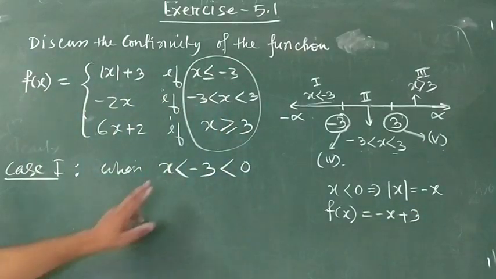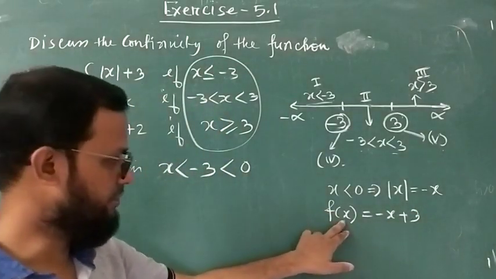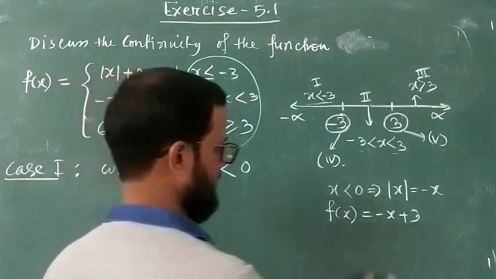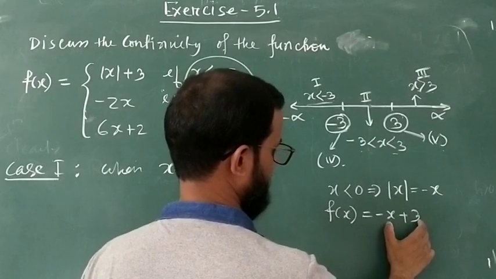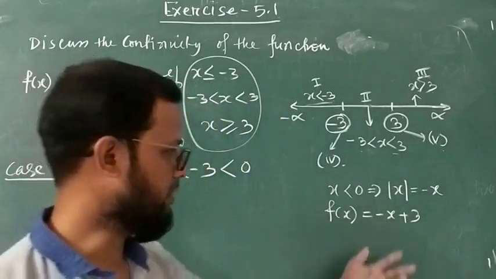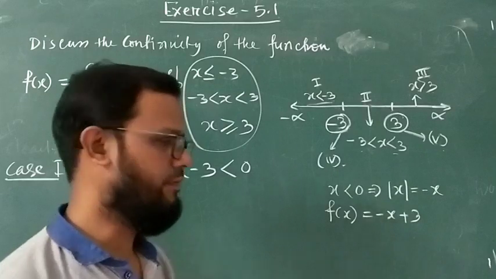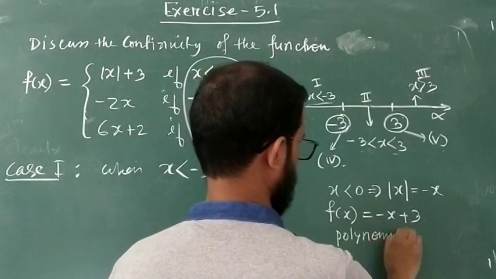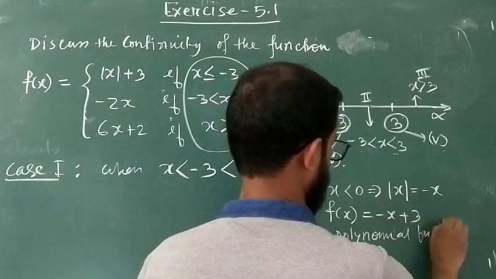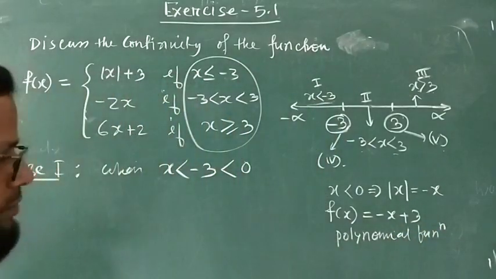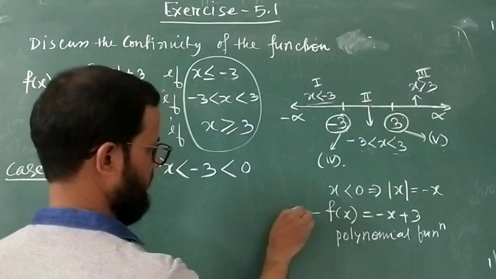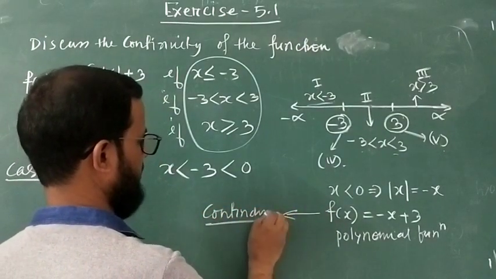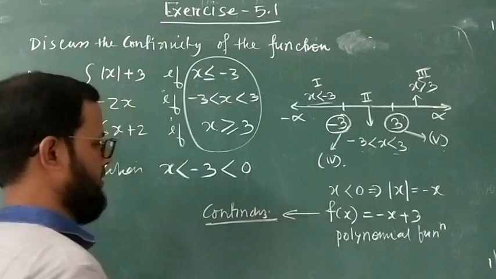So when x is less than -3, your function is f(x) equals -x plus 3, and you already know that this type of function is always a polynomial function. These are polynomial functions, and polynomial functions are always continuous. This type of function is always continuous. Polynomial functions are always continuous, okay,